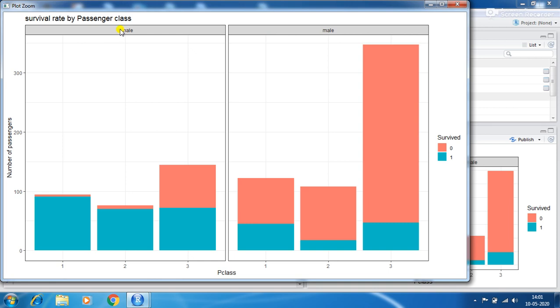For the female, we have shown the highest survival rate in class 1, and class 3 and 2 have the same survival rate, while in the second class the survival rate of the male is minimum. Okay,